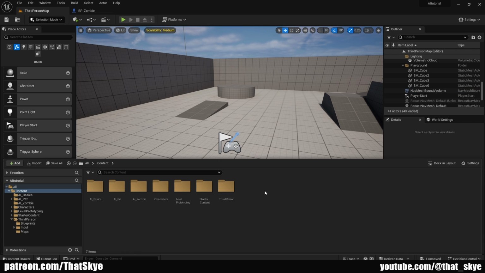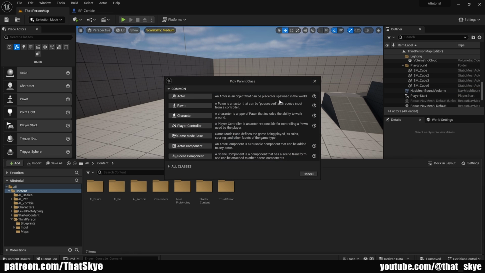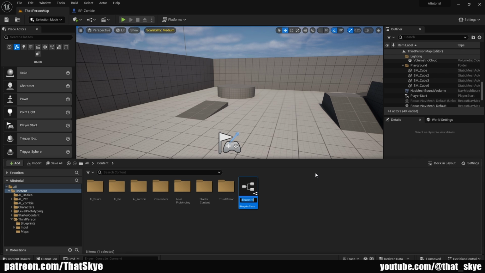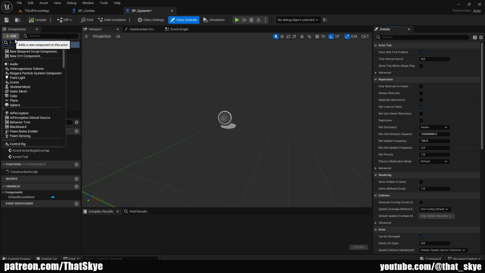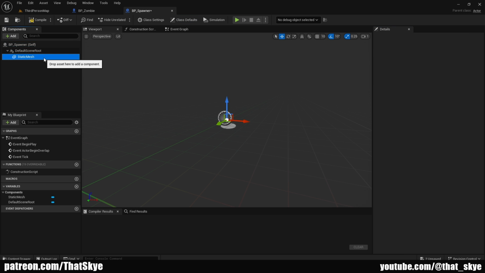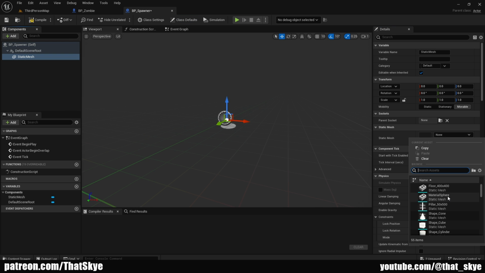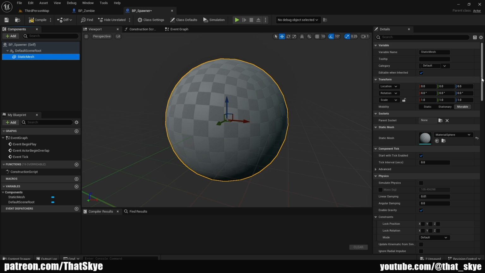So I'm gonna go into the content drawer, right click, and create a blueprint class, and I'm gonna make it an actor, and I'm gonna call it BP spawner. Then we can open it. In here you don't have to add any component, but I personally like to add a static mesh, and I'm gonna set it to something like the material sphere, just so that it's easier to see in the level once